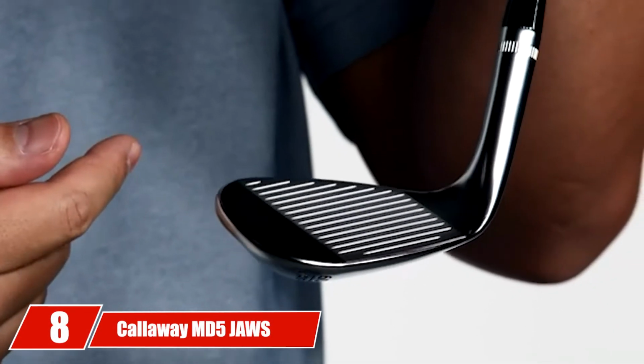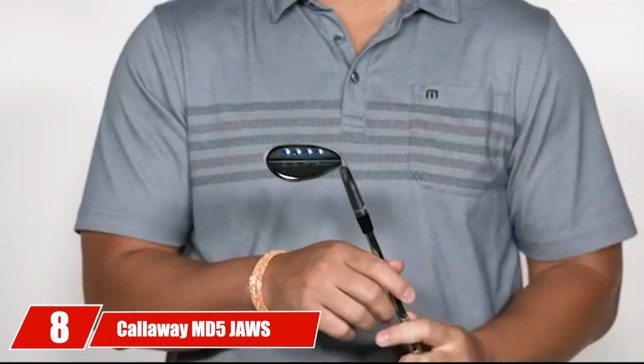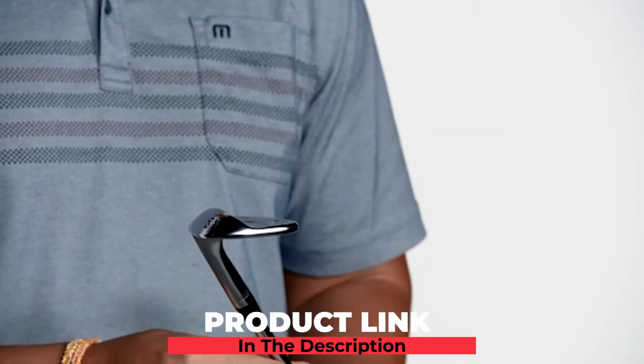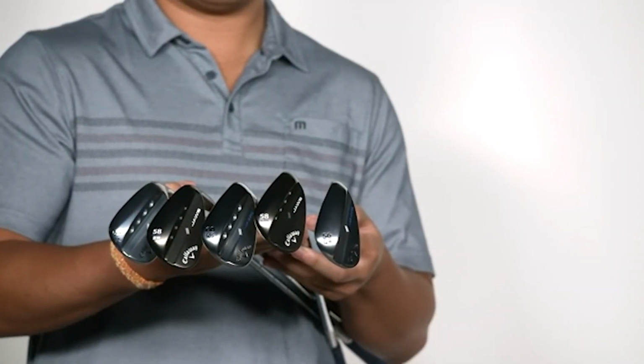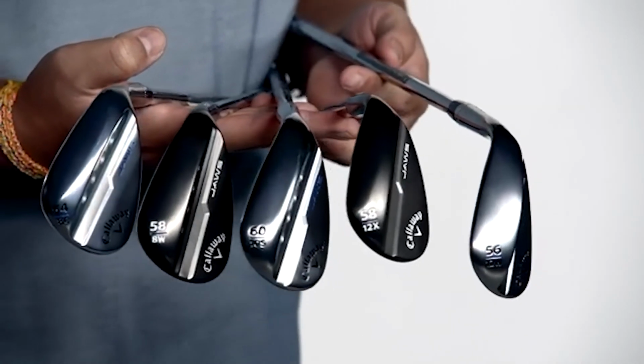The number 8 position is held by the Callaway MD2 JAWS Wedge. The MD line of wedges has been a huge success for Callaway. The MD3s were the first in the line, and were good, but not great, wedges. I happen to own a set. They don't have the most spin, but they perform just fine on the slower and softer greens I play around